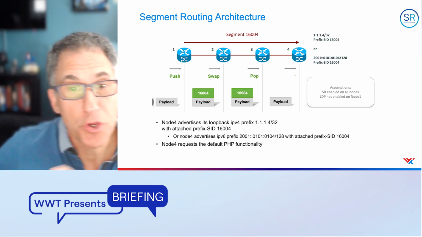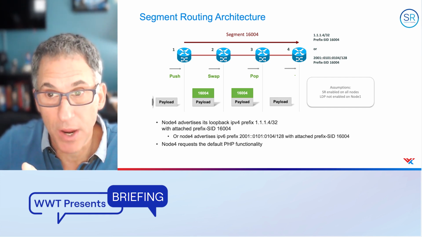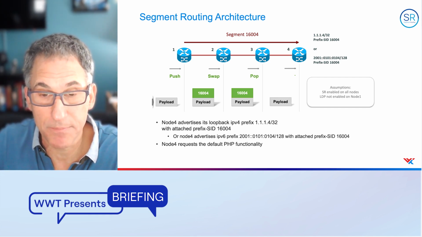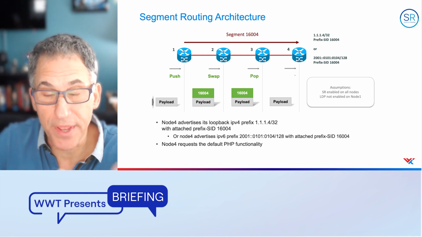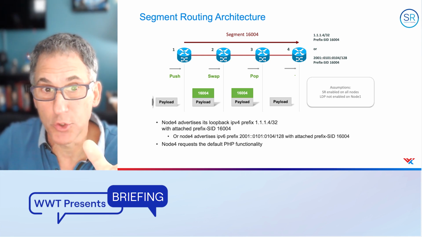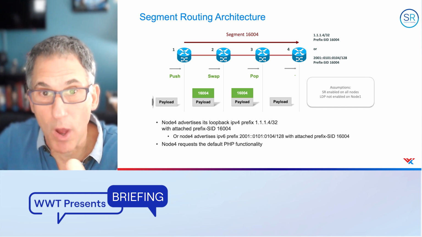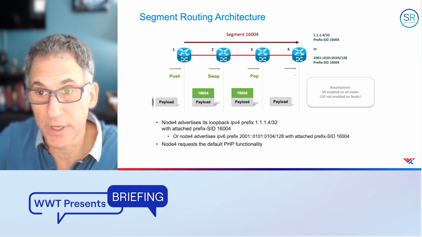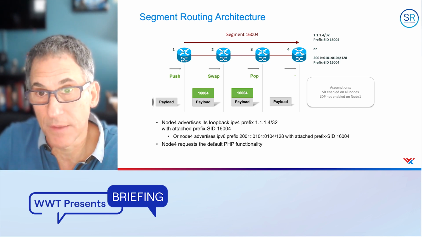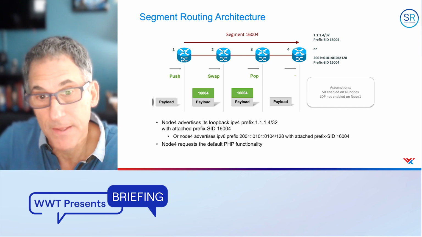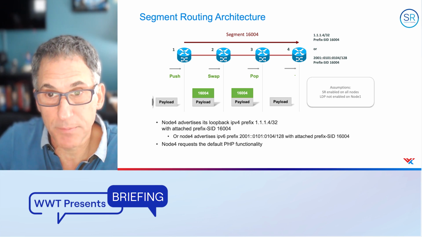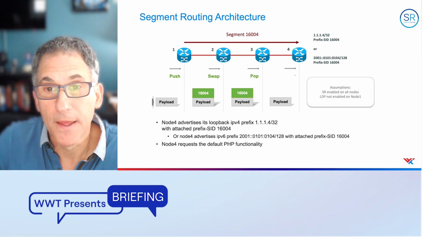Now, when you look at an MPLS packet being forwarded through the network, here we have an SR-MPLS packet, and we're doing the standard operations. We do a push operation at the ingress, it's called label imposition. Then we swap the label through the network, and then we pop it at the last hop, assuming we're doing implicit null in MPLS. If we were doing explicit null, we would leave it on. Again, that's a more in-depth discussion, but if you know what I'm talking about, then you follow me.